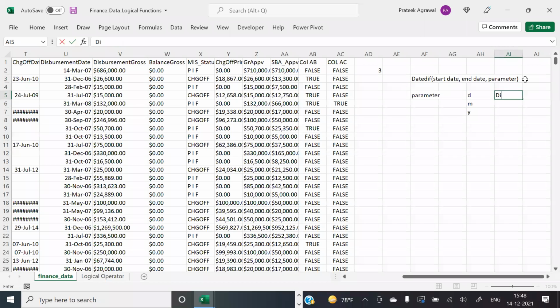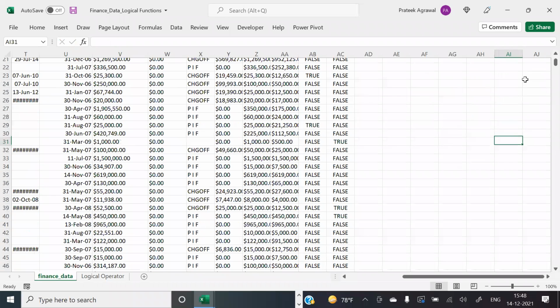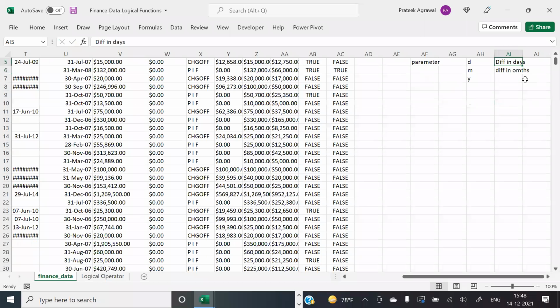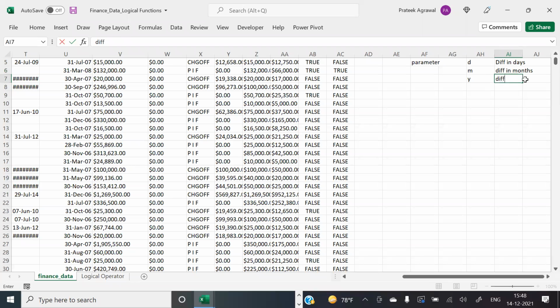This is difference in days, difference in months. But when I'm talking about difference in days and months, these are whole months. Whole months as in, if the date is 2nd of November, the next month will count as 1 month only if it's past 2nd of December. If it's anything before that, that won't be counted. So that's what I meant by whole months. And then there is difference in years, again the whole years.